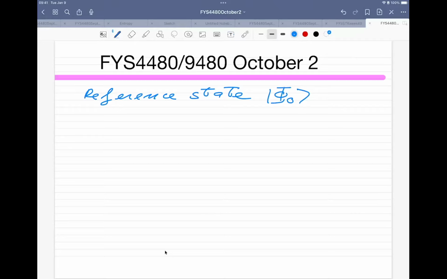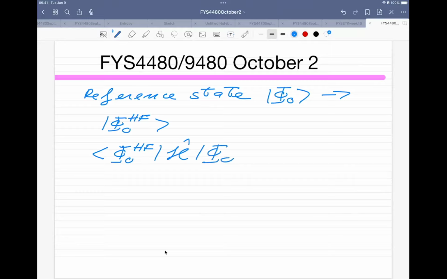So we're going to change that to a new reference basis, which I'm just going to call phi 0 Hartree-Fock. I could put MF here, which just stands for mean field. But now we're going to derive the standard Hartree-Fock equations. So that means that this is the wave function we want to have. And what we are going to show, given specific constraints, is that the expectation value of this quantity here, this is our Hamiltonian of the system, phi 0 HF,